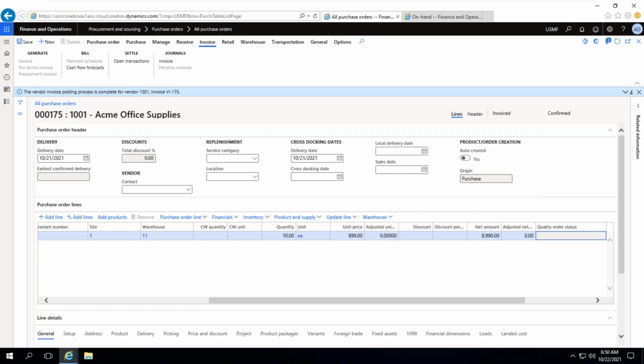Definitely there is a lot of setup you need to understand. Once the invoice is posted, the debits and credits will be posted here. Okay. Let me create a new purchase order once again. Now look at this one, on-hand inventory.